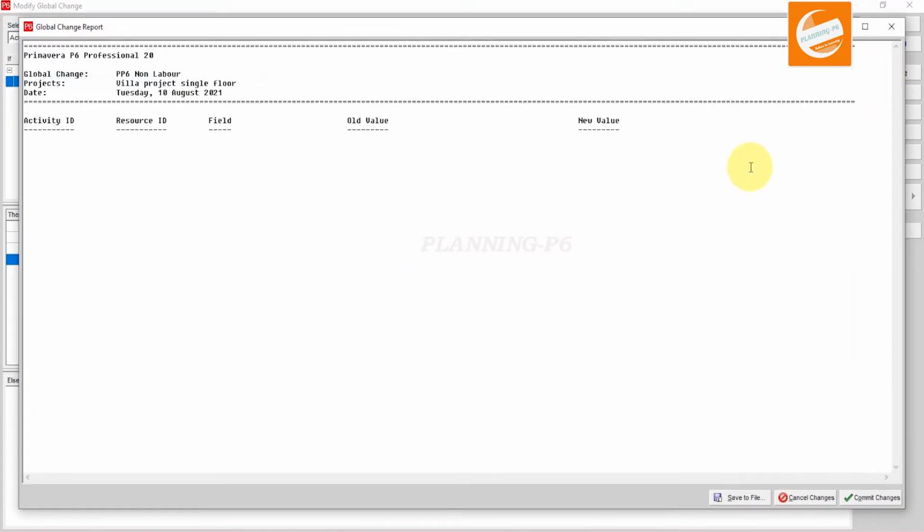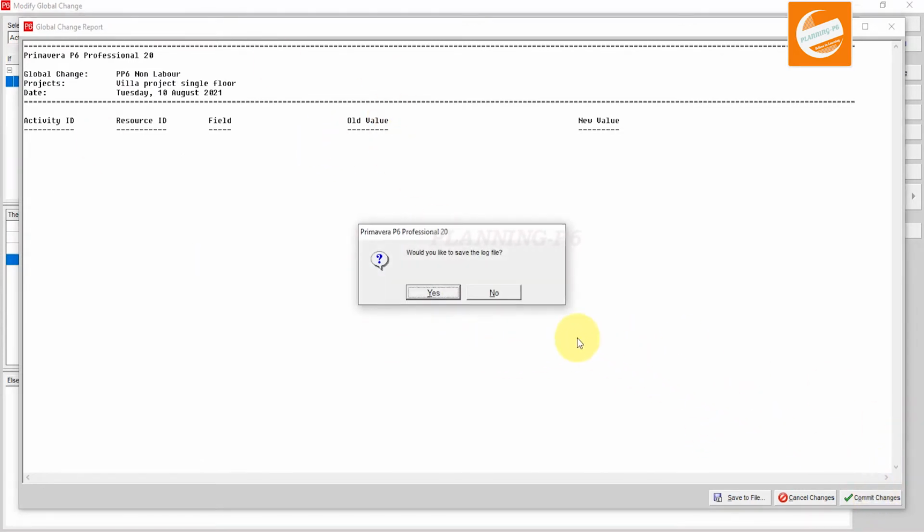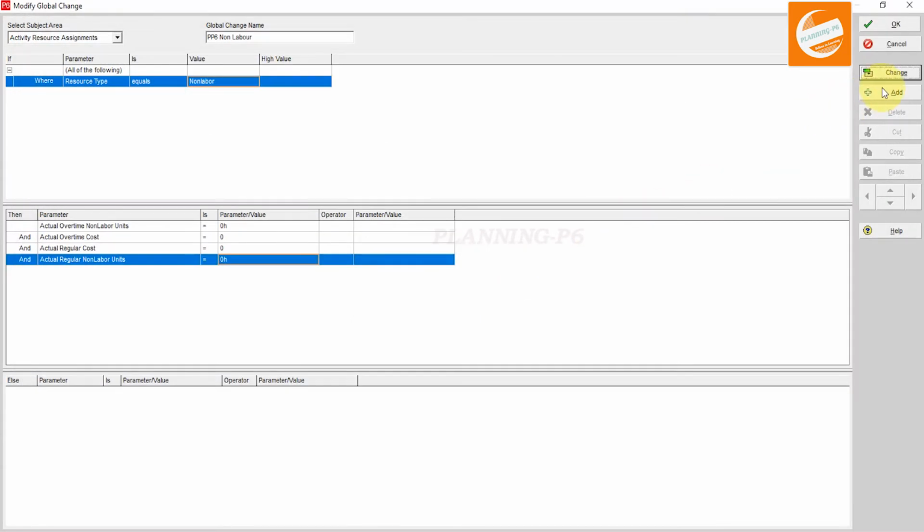Okay, change. Now you can see there are no non-labor units, that's why it's coming like that. Commit changes. No, I don't want to save.